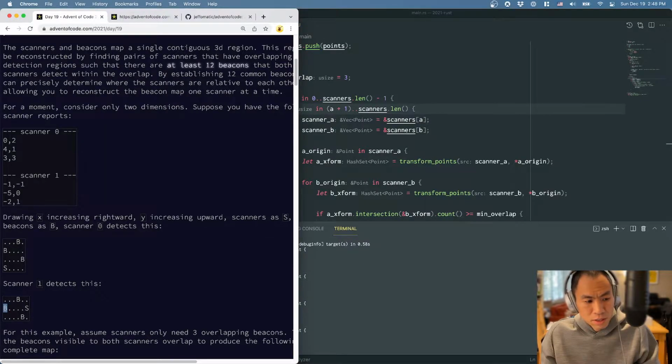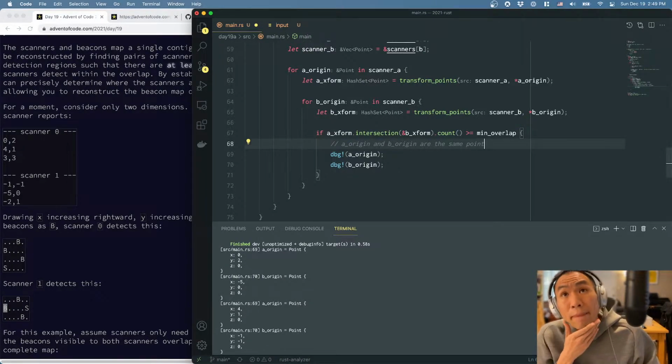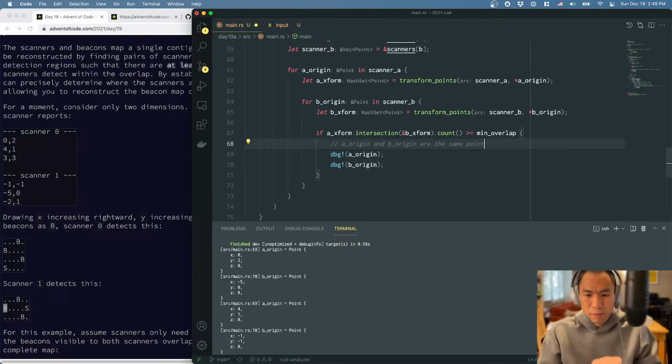So we're basically saying that A origin and B origin are the same point. I don't know if that's generically true. But let's go ahead and ride that assumption for now. If we can make that assumption that they are the same point,